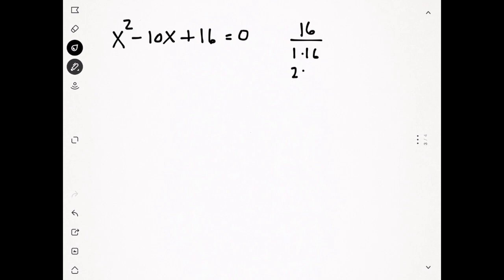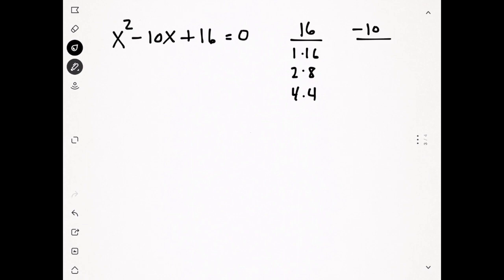Let's look at one more example of factoring a quadratic equation. Let's say we have x squared minus 10x plus 16 equals 0. We're going to do the same thing. We're going to look at 16 and say, well, we have 1 times 16, 2 times 8, and 4 times 4. And then in this case, since it's minus 10x, we want to look at -10 and say, well, which